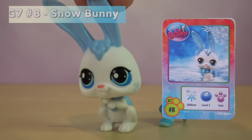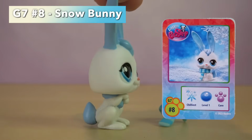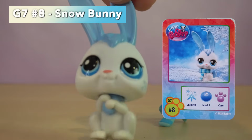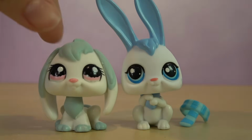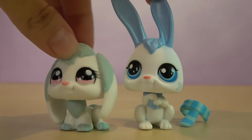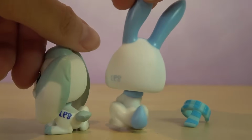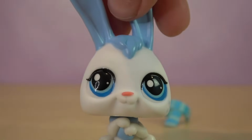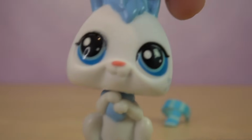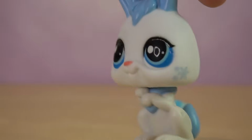This blue and white color scheme, for some reason, gets me every time. I do own another snow bunny LPS, not in this exact mold, but it has a similar color scheme. Here she is. The blue is a little more faded on this one versus our snow bunny on the right. But the concepts are still pretty similar to one another. This one's eyes, though, I've noticed they're very dilated. The irises are much more defined, the blue color, and you can hardly see the whites, though then again, this